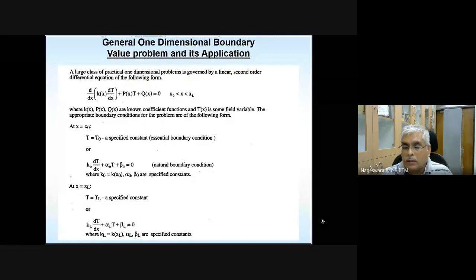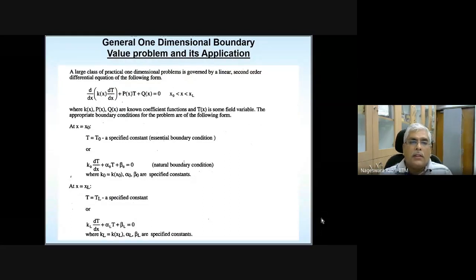So this is the next topic, the general one-dimensional boundary value problem and its applications. I suggest you please take a note of this differential equation, and please note that this is a general boundary value problem in the sense the